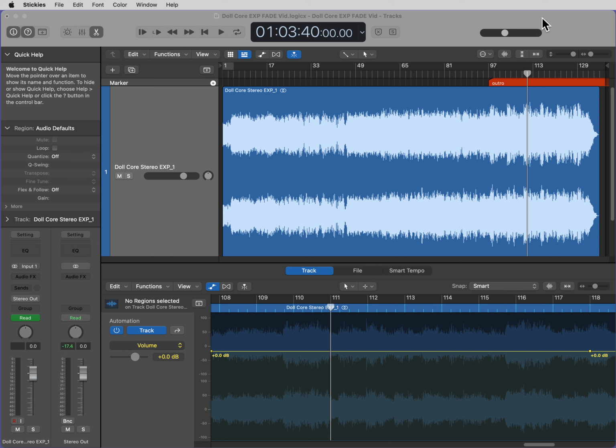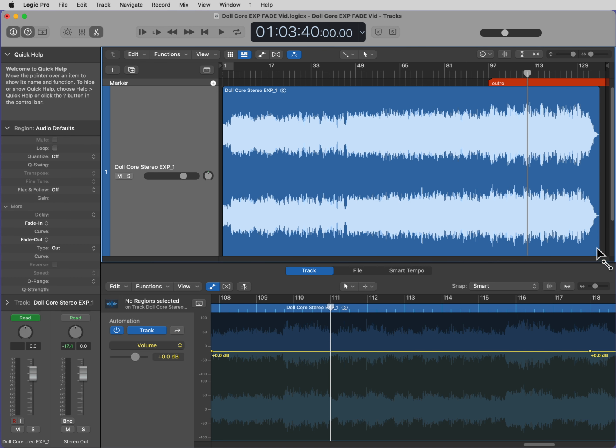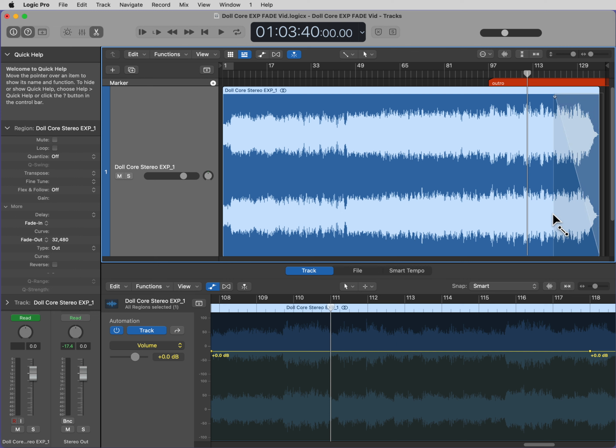A lot of times people use the fade tool. I don't recommend using it. Here's why. Let's pull up the fade tool. So here's our selection. We have it up. And let's make our selection. If you take the cursor and pull it right, you'll see that the arc changes toward the top. But if I move the cursor down, it doesn't affect the arc toward the bottom. The arc toward the bottom remains kind of like a straight line.